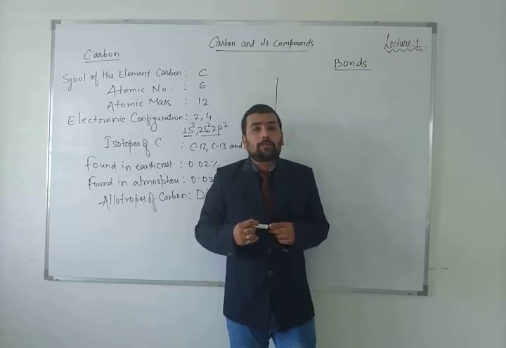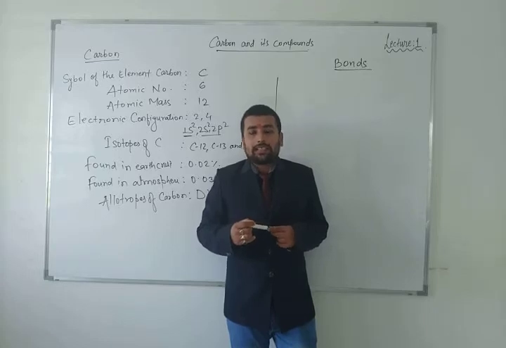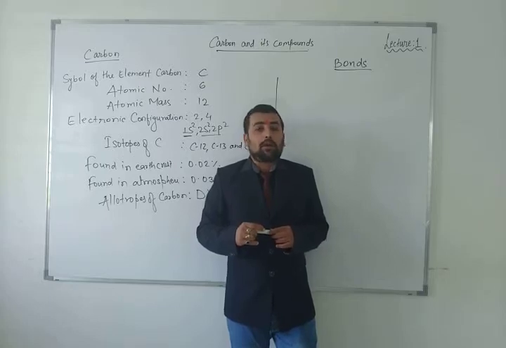There are totally 6 types of chemical bonding. First, ionic bond. Second, covalent bond. Third, that is the most important, coordinate bond. Fourth, metallic bond. Fifth, hydrogen bond. And sixth, van der Waals bond. So there are total 6 types of chemical bonding, in which I will just describe especially the two,